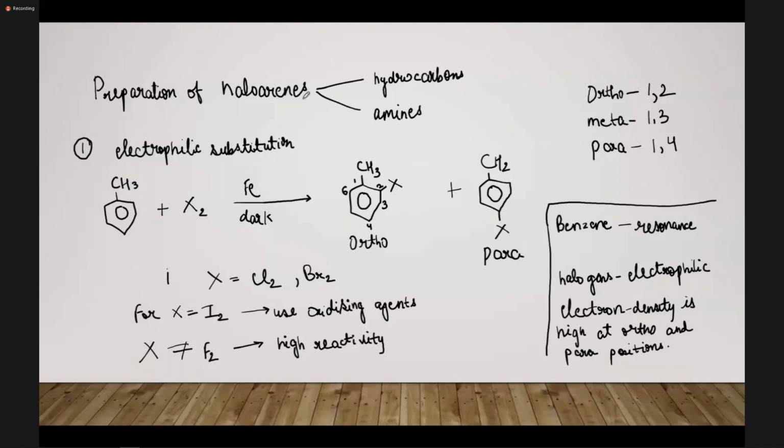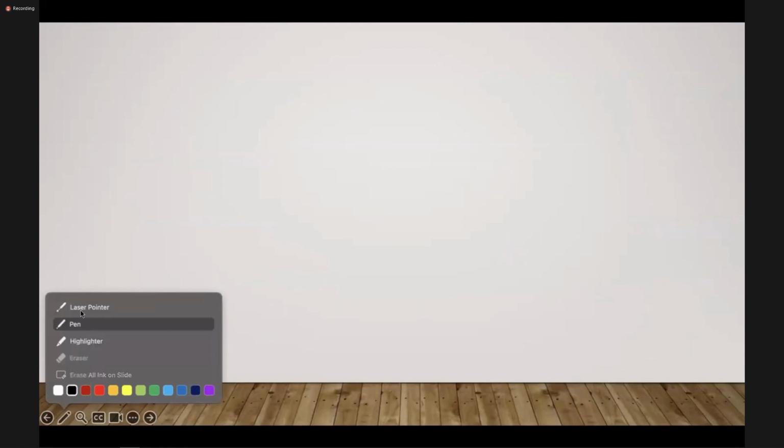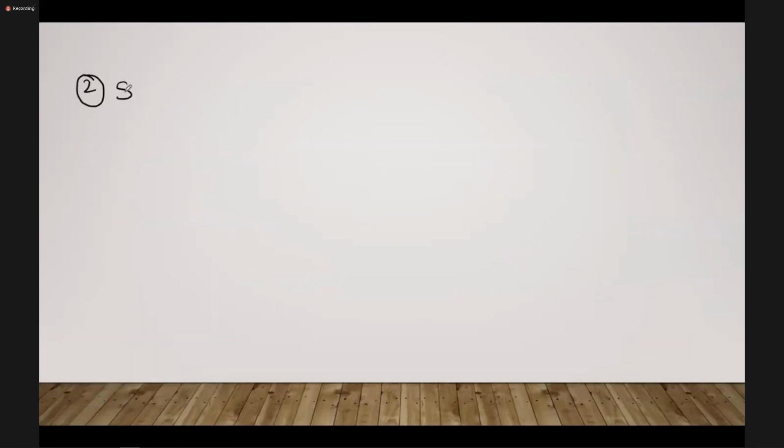Now the second method is using the amines, and this is a special reaction which is known as a Sandmeier's reaction. Sandmeier's reaction. Okay, and it uses amines as a reactant. So what we do here is first let me write down the reaction and then I'll explain you the mechanism. So this is amine. This is known as aniline, like the complete compound. This comes with the benzene ring is known as aniline